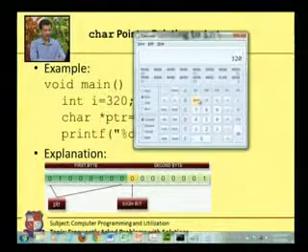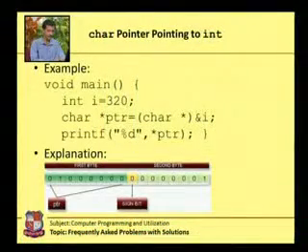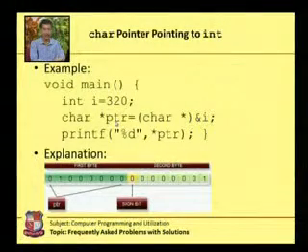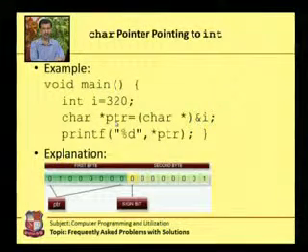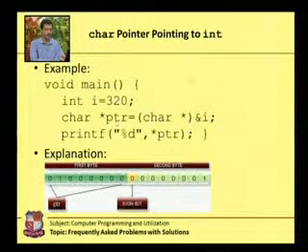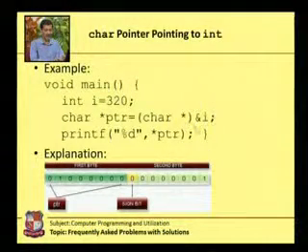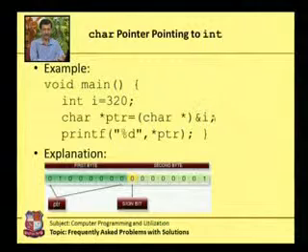In our program further, a character pointer is declared. Last time we discussed the size of a pointer. Regardless of what type of pointer you are declaring, the pointer's size is always 2 bytes. I am trying to store the address of I, which is declared as an integer, into a pointer of character.